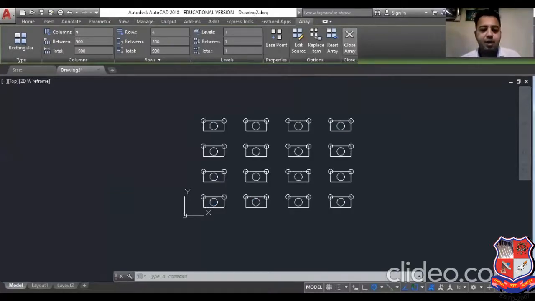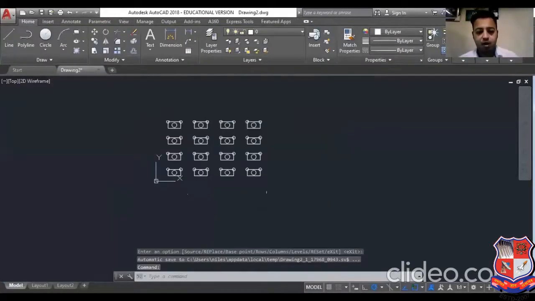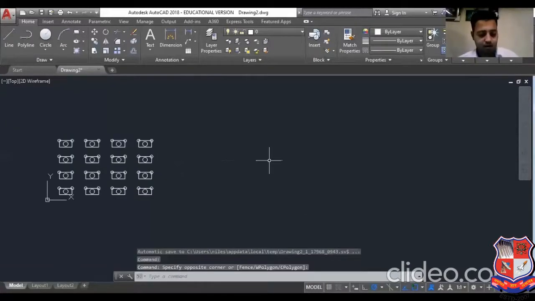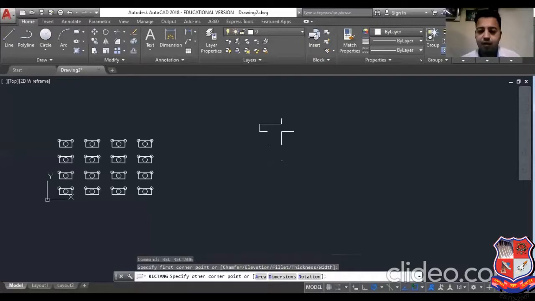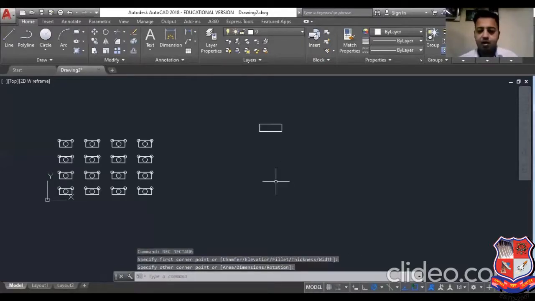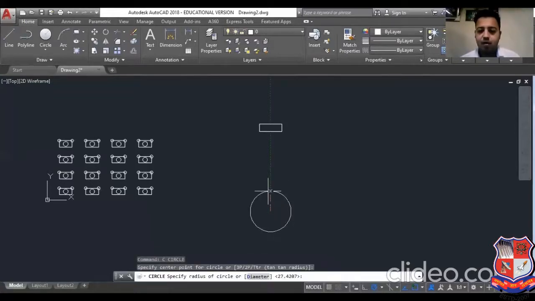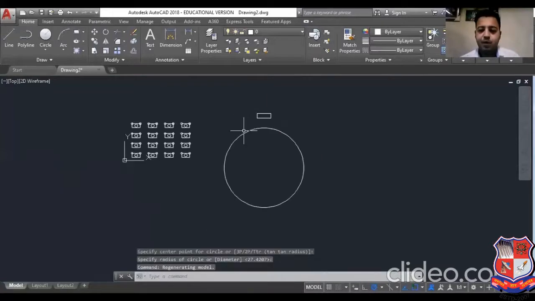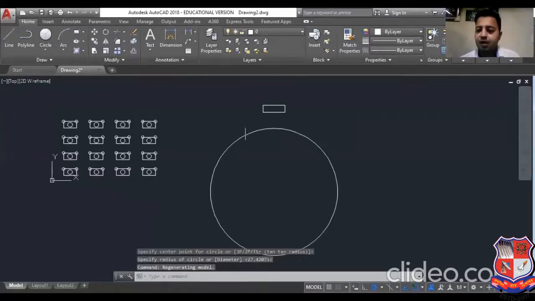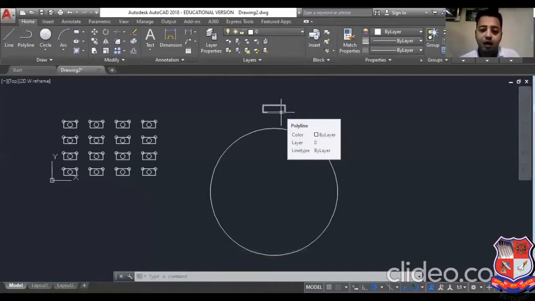Next command we will see is polar array. Now I will create a polar array. I will create one rectangle first, with the REC command, and here I will place one rectangle and one circle in contact with this side. Here you can see one rectangle is there and one circle is there. So now I want to copy this rectangle at a regular angle, with a number of objects, like a dining table.